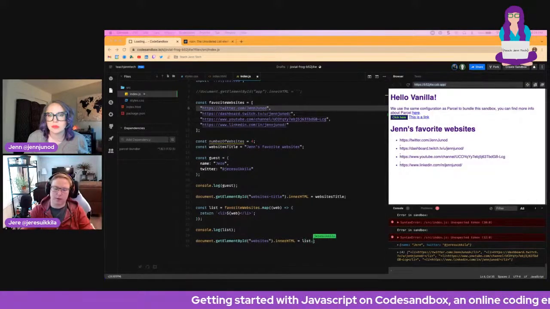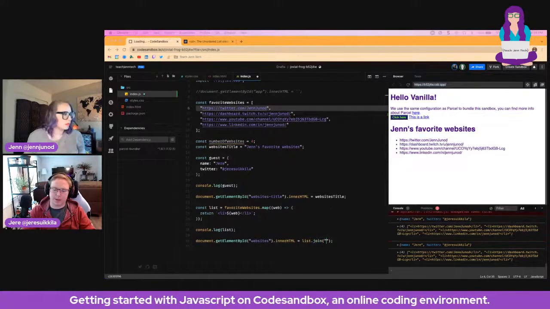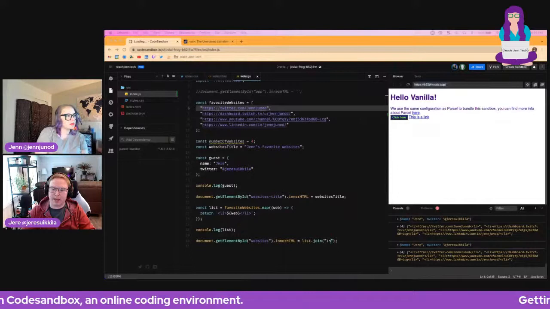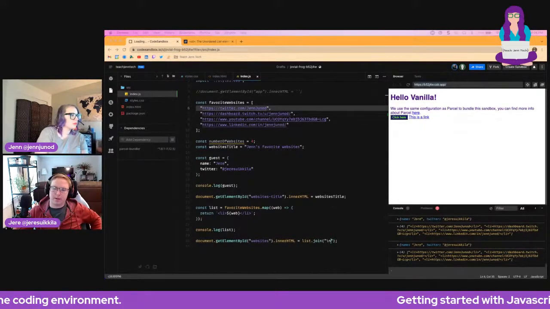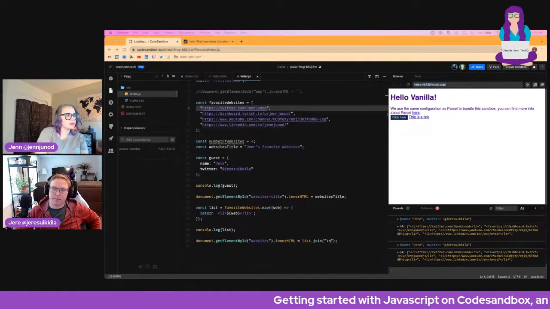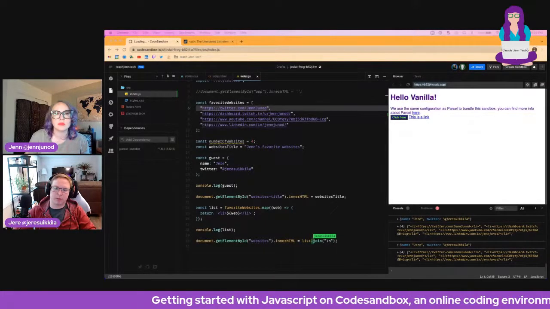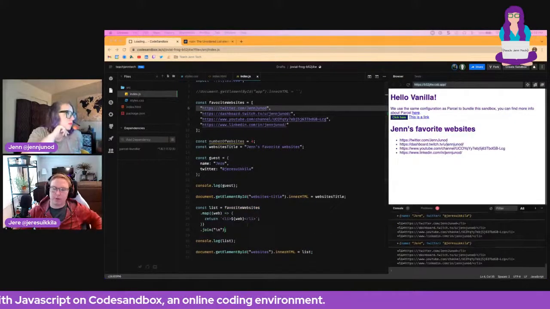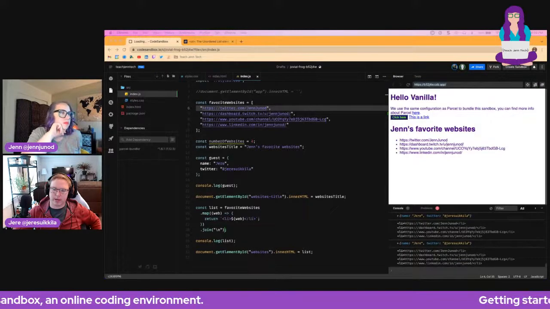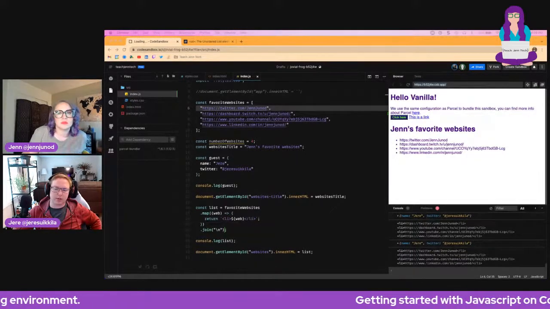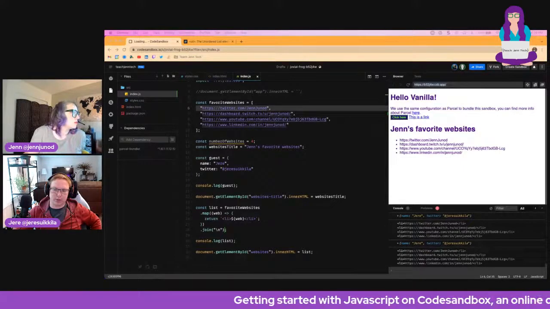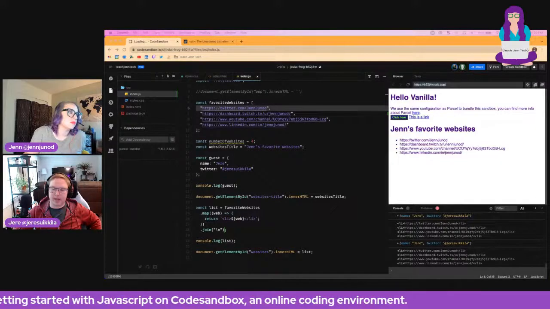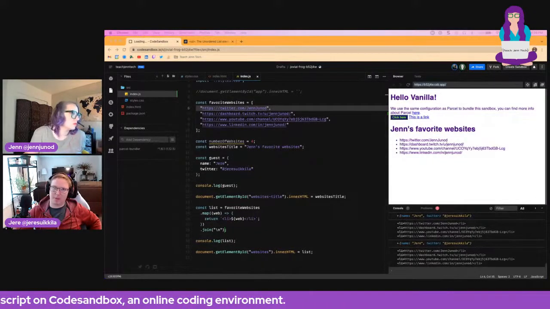So now we join it with nothing in between, or we can do, let's say, a line break in between them. And now we hit save, and the commas are gone. Let's move this join over here. And now if you look at the console, you see it's rendering something different there. So it's not rendering a list of elements anymore. It's rendering a string that has those list elements in it.